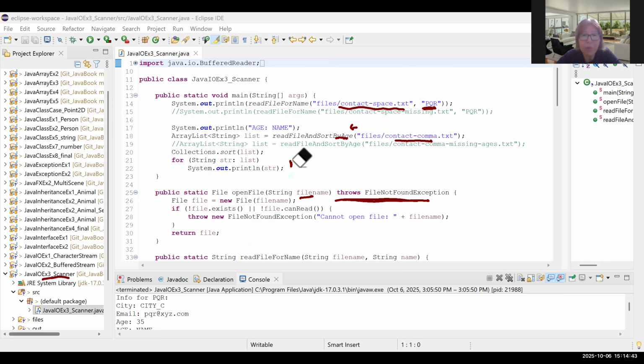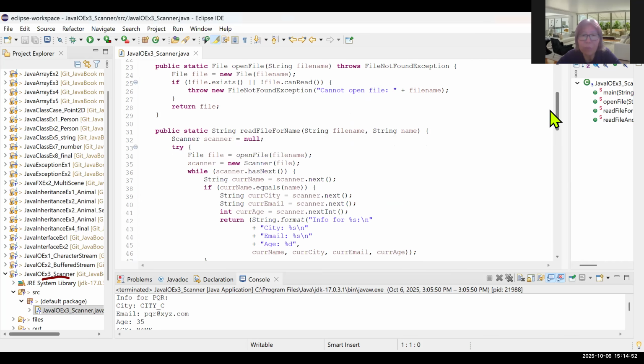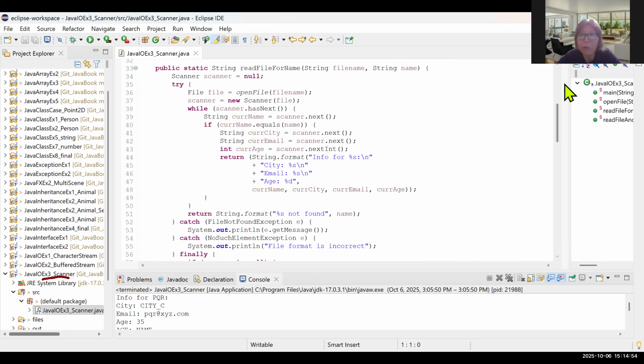We are going to use this method in our next method. This method is to read the file and try to find some specified name to collect information regarding that name. We are going to have a scanner object. So we open the file, calling that open file